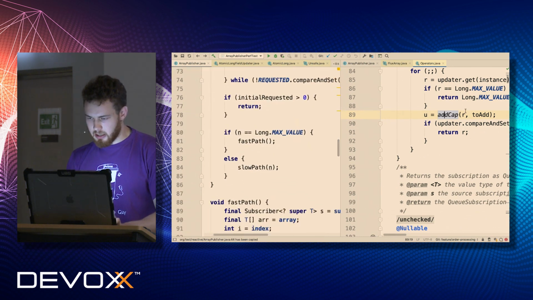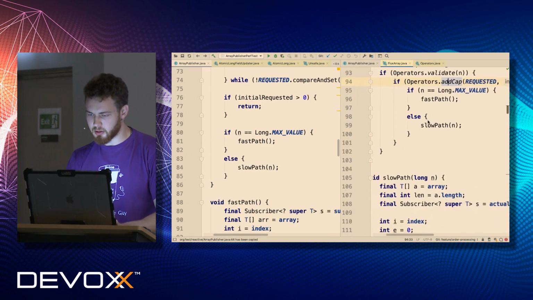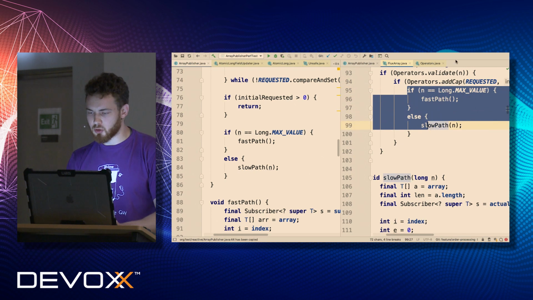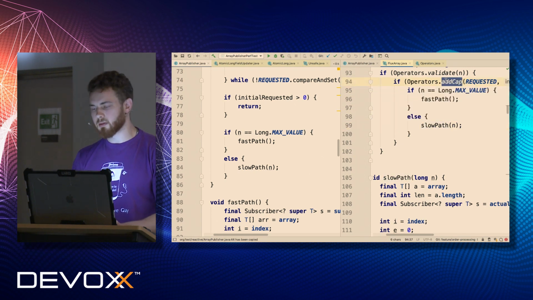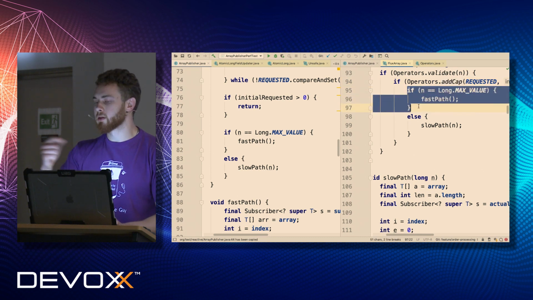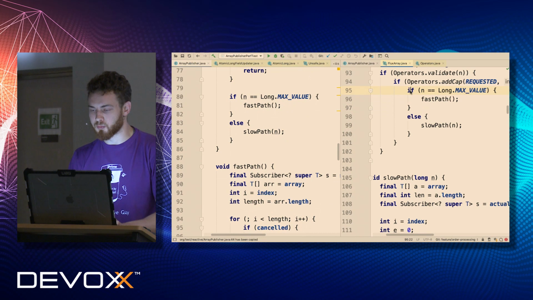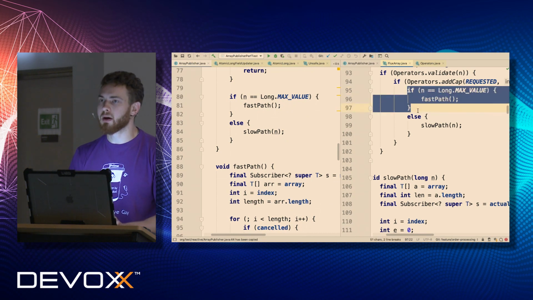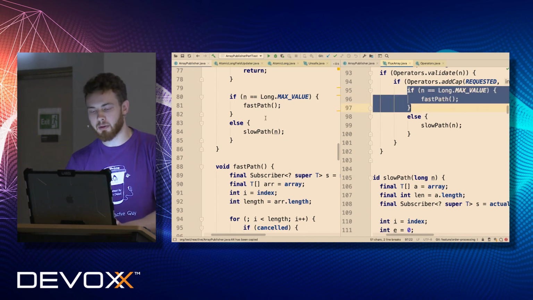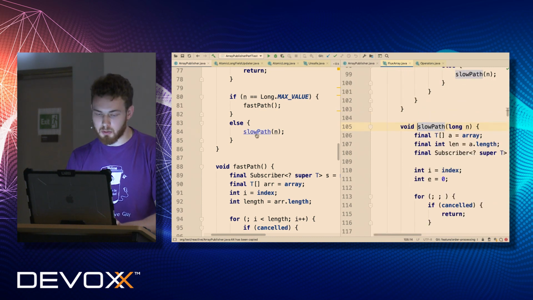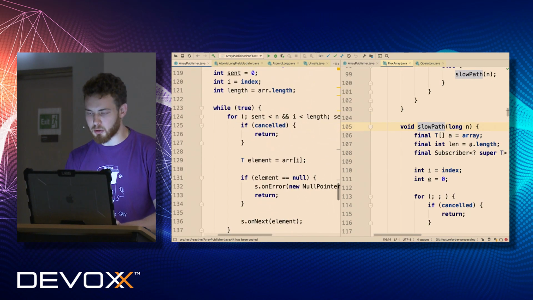And finally, afterwards, if you look at the main path, which means that this is work in progress with atomic sum with thread safety, then once the thread got to this point, it had to figure out whether it's the fast path, in case someone requested long max value, or the slow path. And the slow path will be absolutely the same as ours.